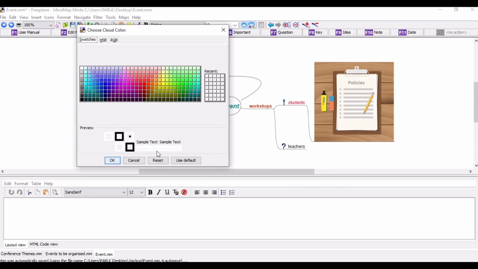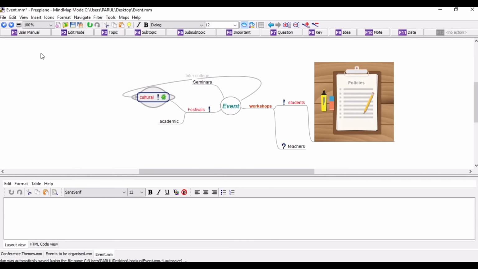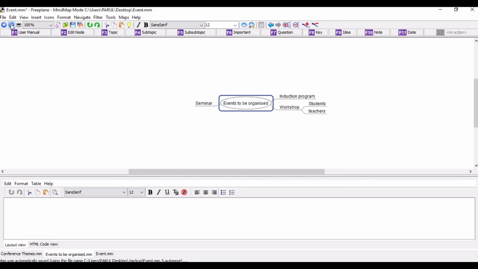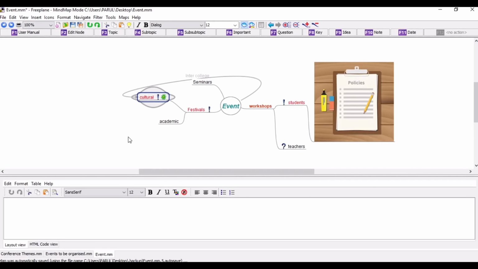These are cloud colors, so we can add a background color just as we have done in this mind map. So we can, depending upon what kind of mind map you want it to look like, add colors, other pictures, files, text, whatever you want to, and the output file I've already shown you would appear like that.